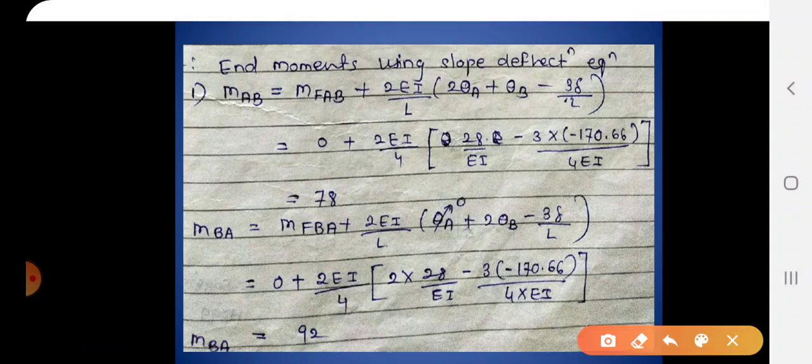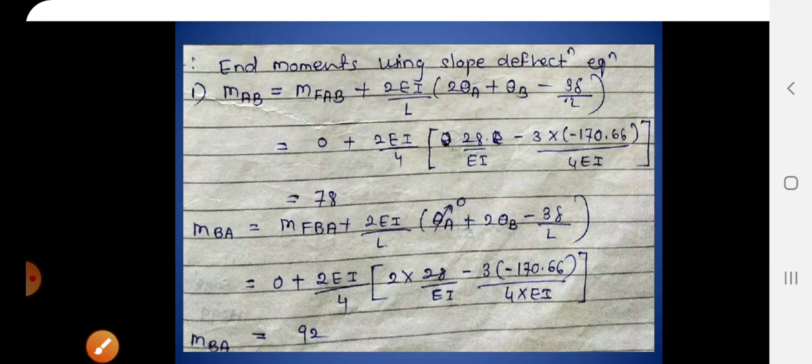Now here you have to consider, yes, AB for calculating moment AB. What value will get added? Moment due to sway, which is minus 6 EI delta by L square. You can see 2 EI by L into minus 3 delta by L, so minus 6 EI delta by L square. Okay, so the equation is MFAB plus 2 EI by L into theta A plus theta B minus 3 delta by L. Putting the respective values, theta A is 0, A is a fixed support. Okay, so you will get this value, and on similar lines for MBA.